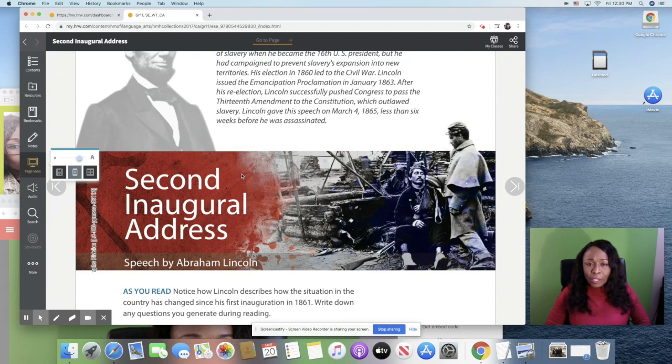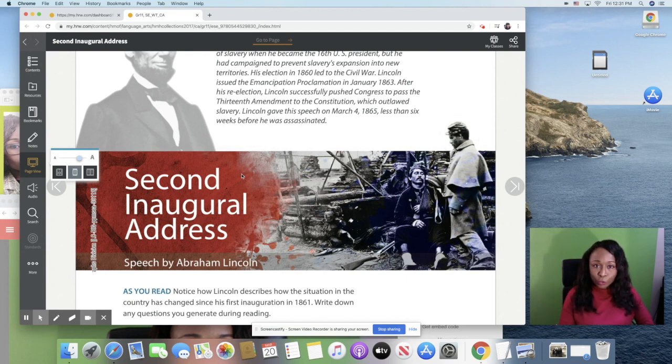Also, we were in the Reconstruction era that actually started a few years prior. Actually, it started in December of 1863, and it went on to March 1877. So they're thinking maybe he's going to set up the rules and administration policy of the Reconstruction era, which is basically a time period where it's now, how do we help the South get back on their feet? And how do we help the South now that the war is over? How do we rebuild the South? So they thought that he was going to talk about that.